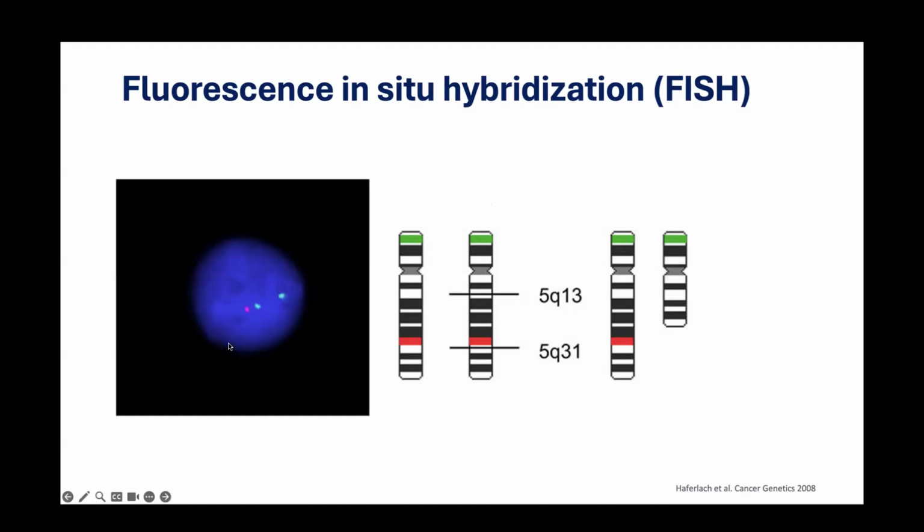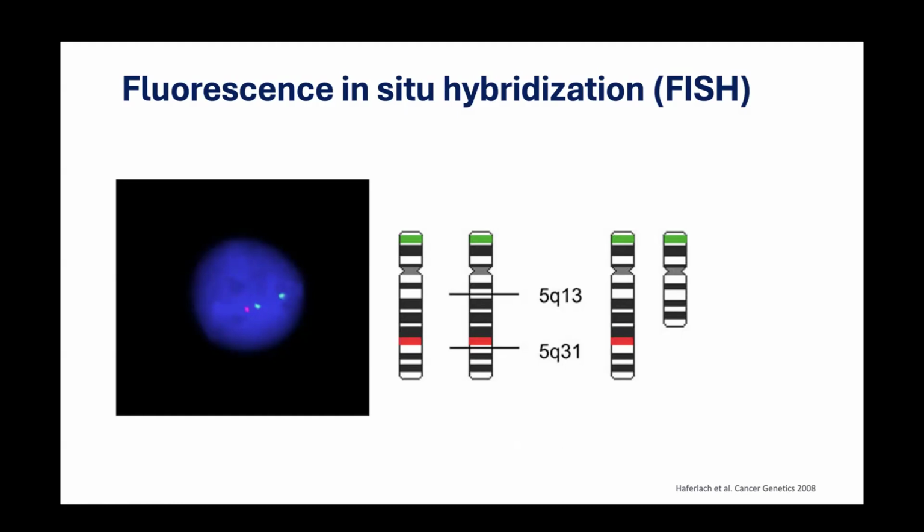And so in this blue cell on the left-hand side, you can see there's a green next to a red for one of the chromosomes, but for the other, the red is missing, which means that that Q has actually fallen off. So this cell has 5q minus, and this is a nice clean readout. Now, the issue with this kind of testing is that we are only looking for the most common abnormalities, so it's not as much of a blanket at looking at basically everything.